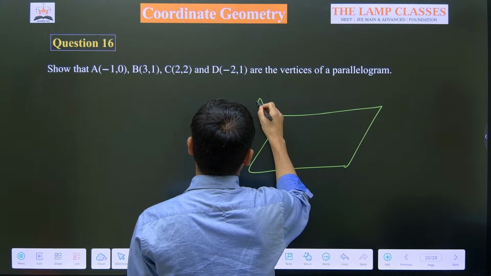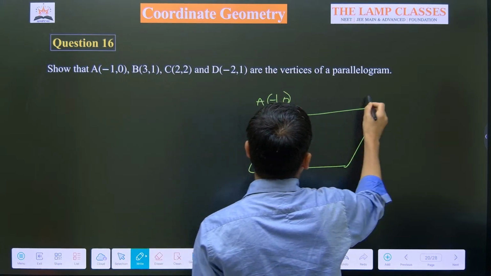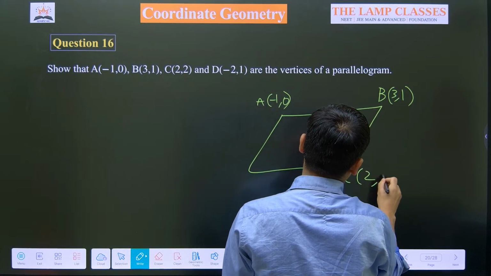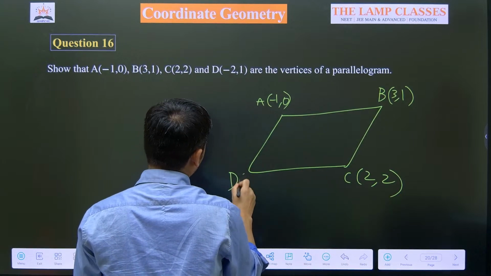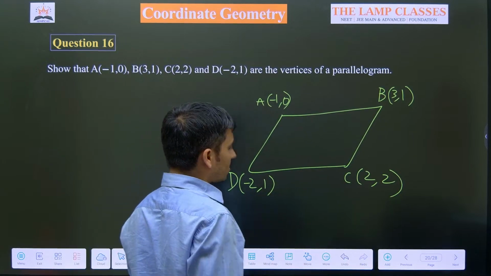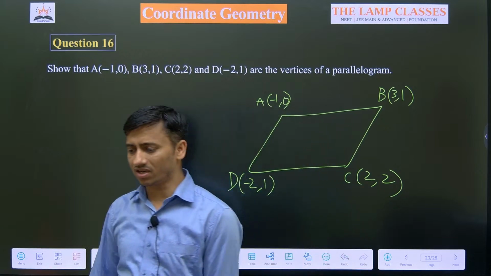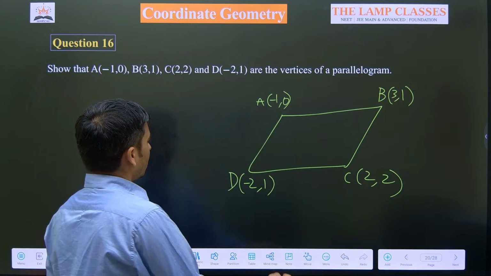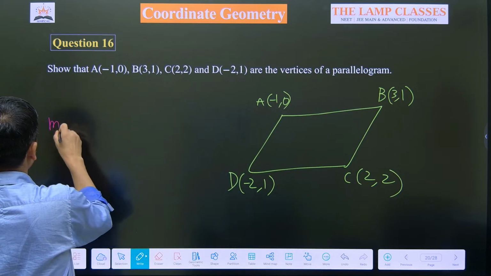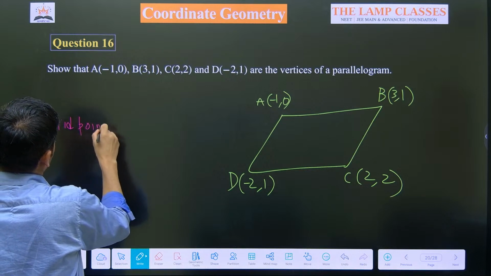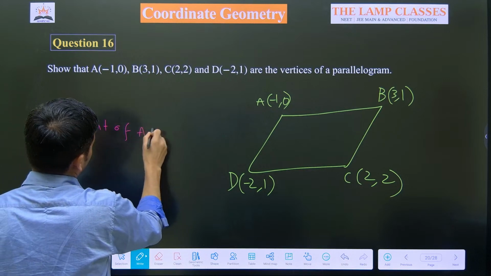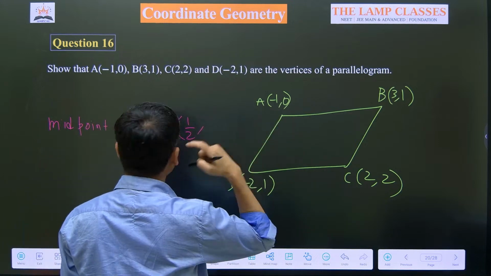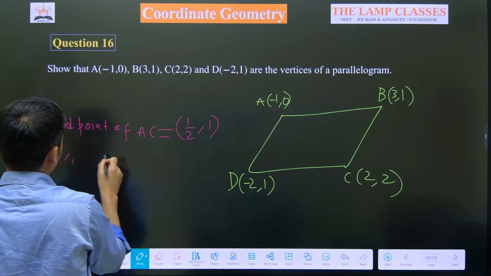So it is A minus 1 comma 0, B 3 comma 1, C 2 comma 2 and D minus 2 comma 1. If they do not mention the coordinates are in order, you can assume it, but actually you should plot the points roughly in the same order, okay? So what is midpoint of AC? Midpoint of AC. It is going to be 2 minus 1, 1 by 2, comma 2 plus 0 by 2, 1. And midpoint of